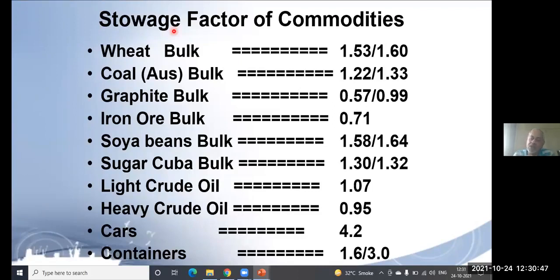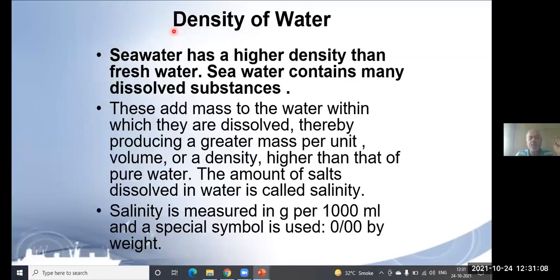Okay, more or less. Then suppose the shipper gives you a stowage factor certificate saying this is the stowage factor of the cargo. It's very good, use that. But it is not very exact, so it is not exactly the same amount of cargo, but more or less you know how much tonnage of cargo you will be able to load. Further now,